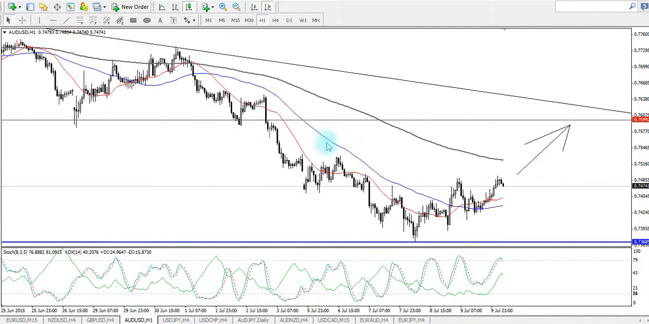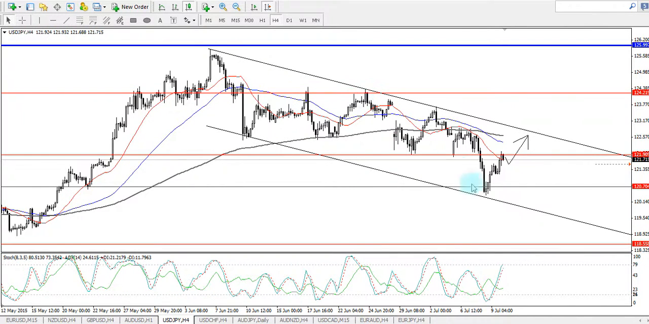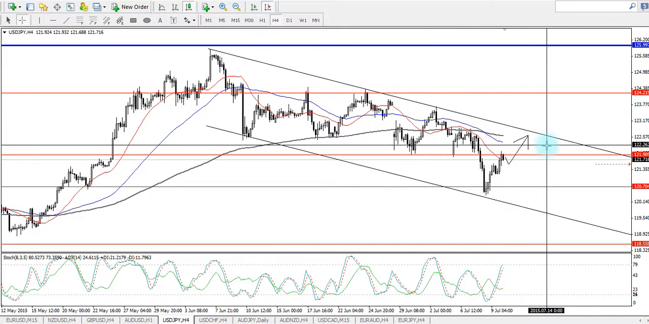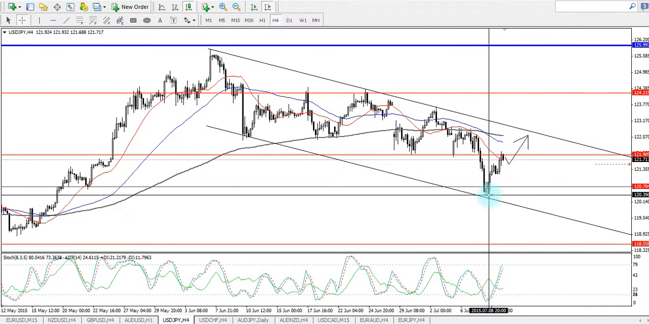And that's pretty much for the Aussie against US dollar. Next we have the dollar against the Japanese yen. Alright, so we have seen that there's a falling trend channel itself, and price almost touches the bottom